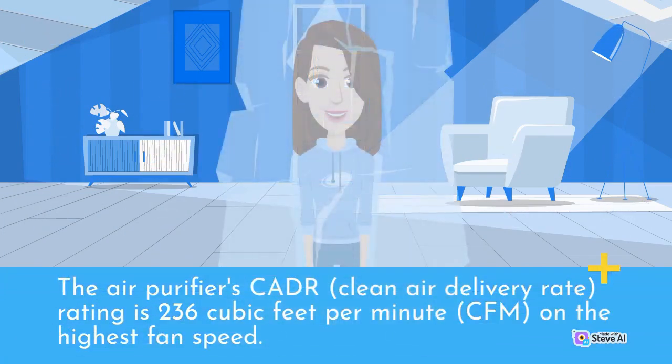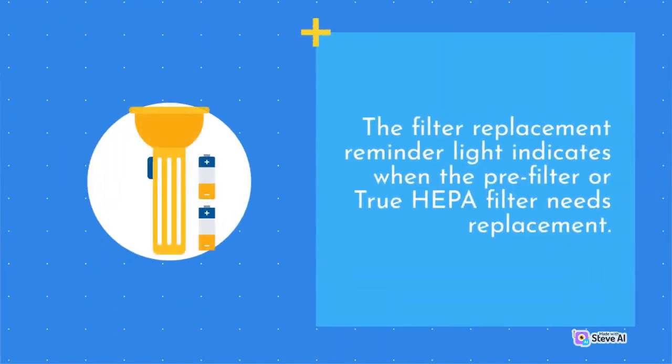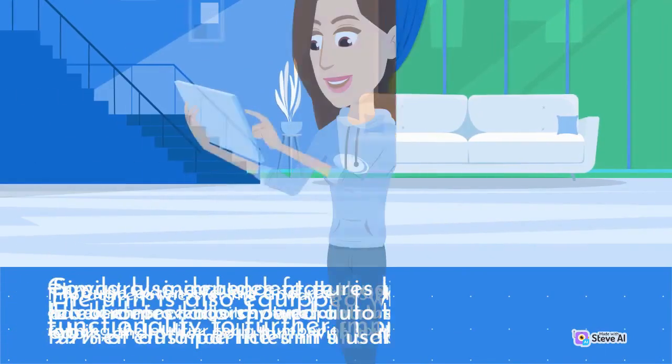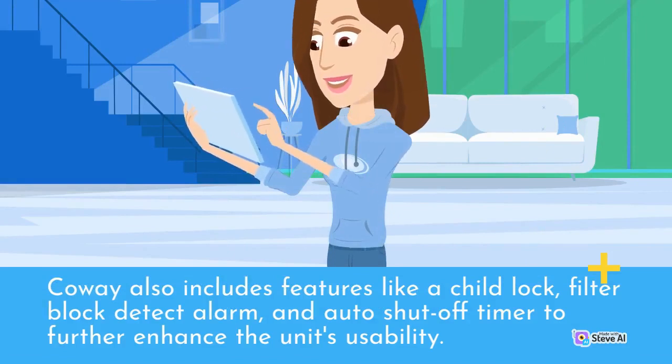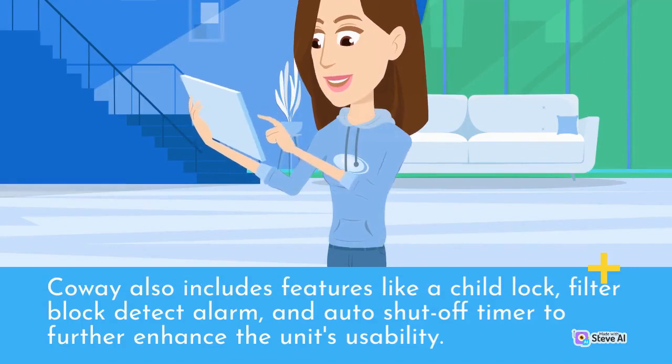The air purifier's CADR, Clean Air Delivery Rate, rating is 236 cubic feet per minute, CFM, on the highest fan speed. The filter replacement reminder light indicates when the pre-filter or true HEPA filter needs replacement. Coway also includes features like a child lock, filter block detect alarm, and auto shut-off timer to further enhance the